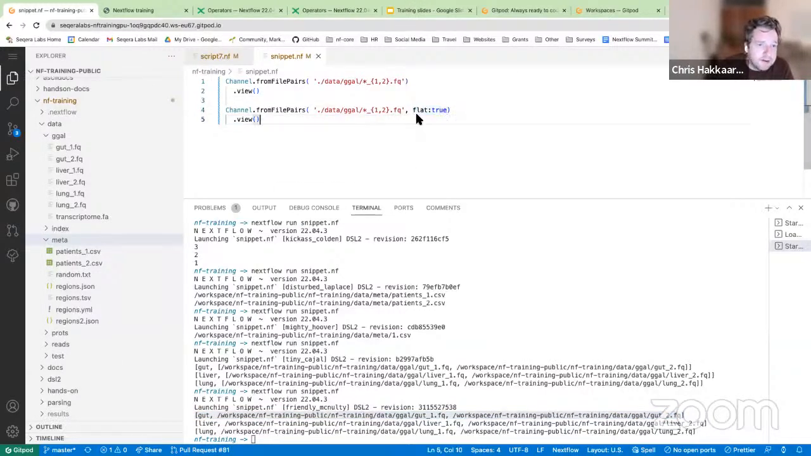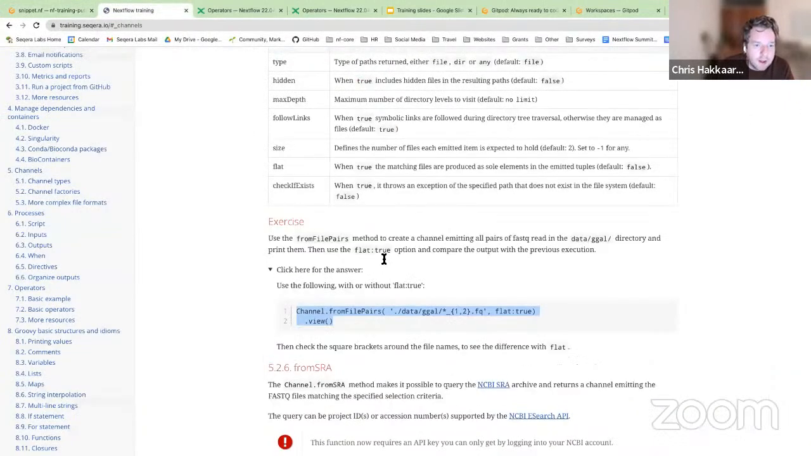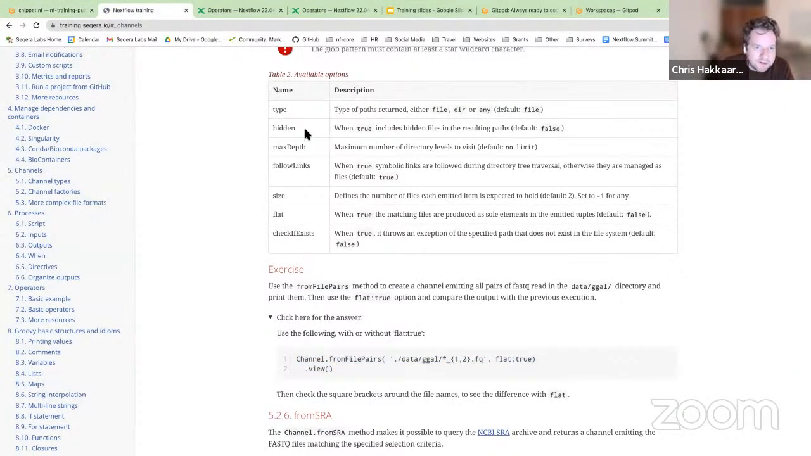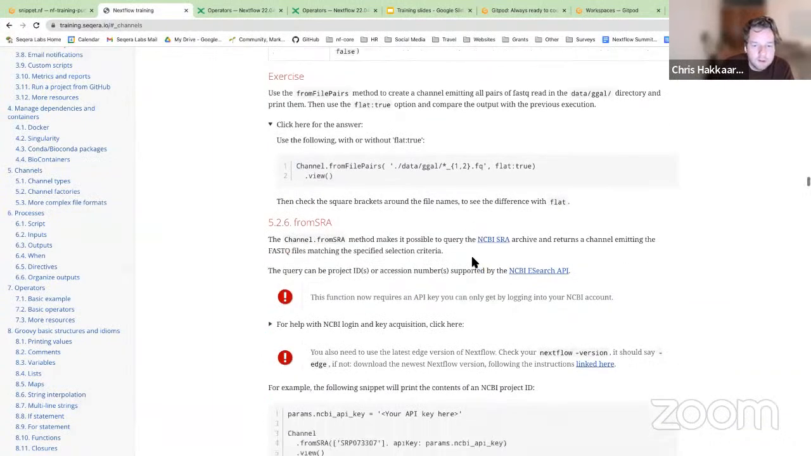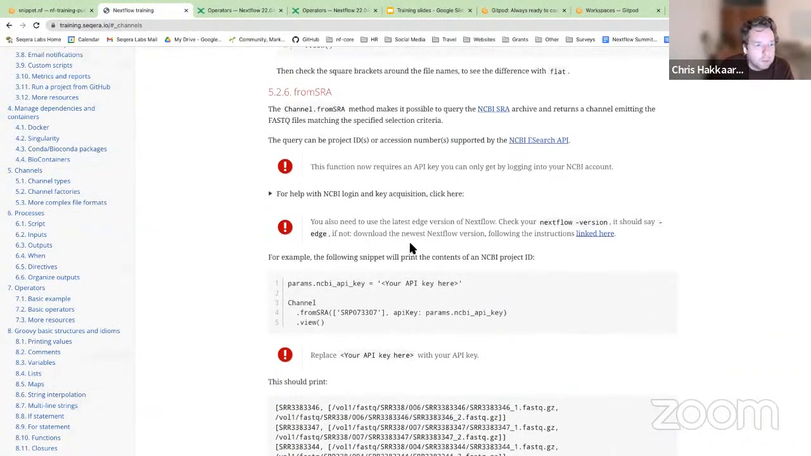So this is just using flat, which is an option. Of course, there are other options here. Again, type, hidden, max depth, all these different things that you can really use to specify what you're including. We don't have time for this today, so I'm just going to skip over it, but you can basically bring